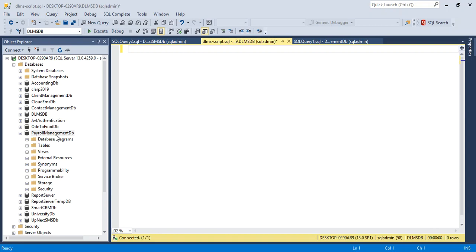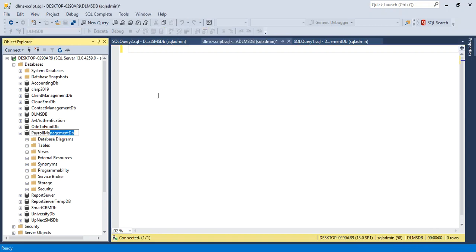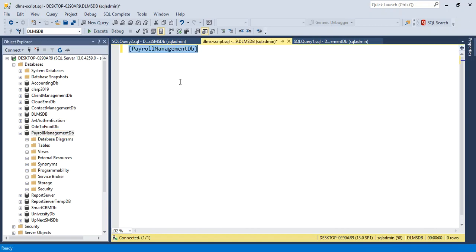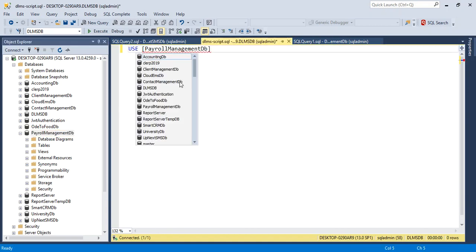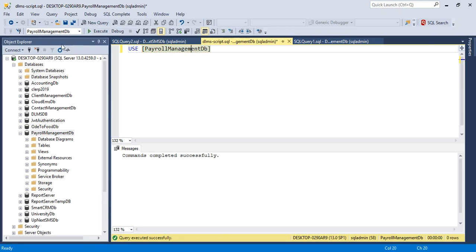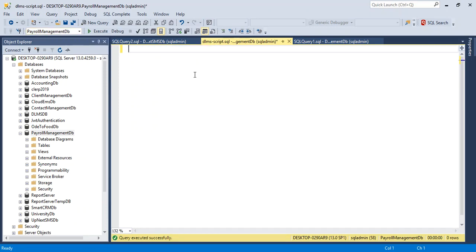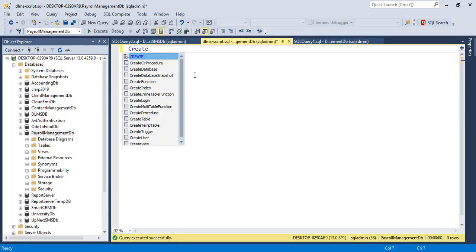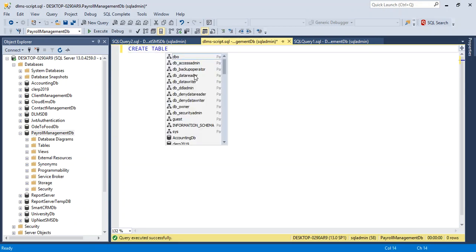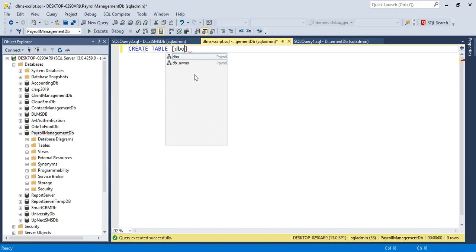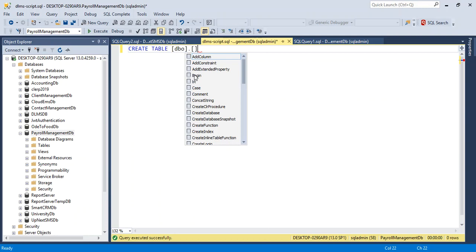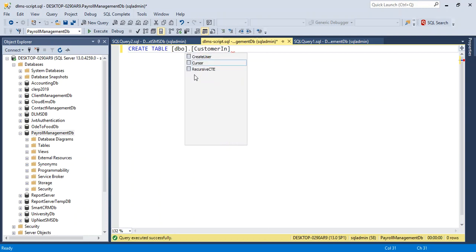Here we have the payroll management DB, so we just want to use this DB. Just execute. Yes, we have the payroll management DB here. So I want to create a new table for CustomerInfo. Let's go: create table and table name, schema dbo dot CustomerInfo,